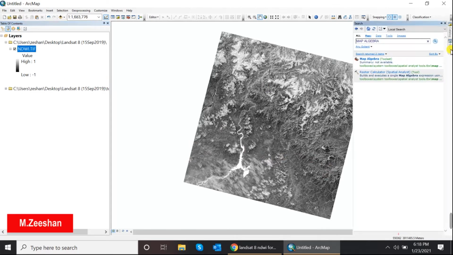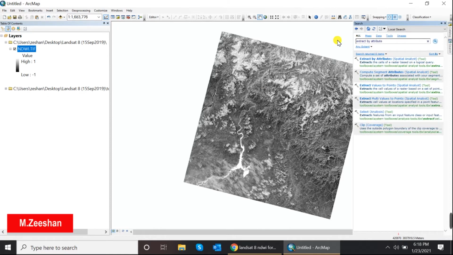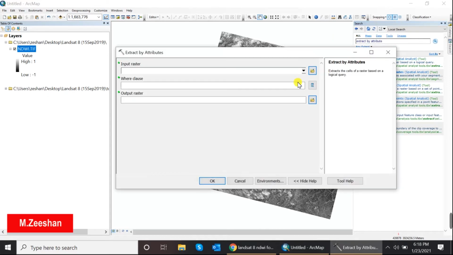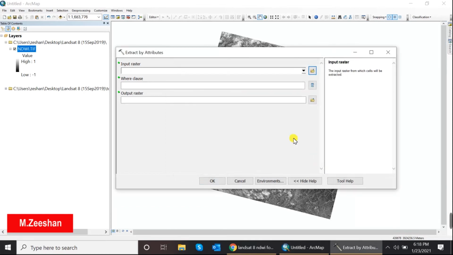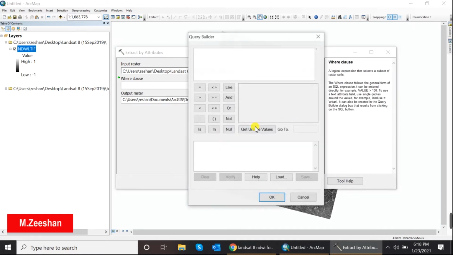For that purpose, you will go to search and write extract by attribute. Click here extract by attribute. Input raster will be our recent NDWI raster file. Where class?